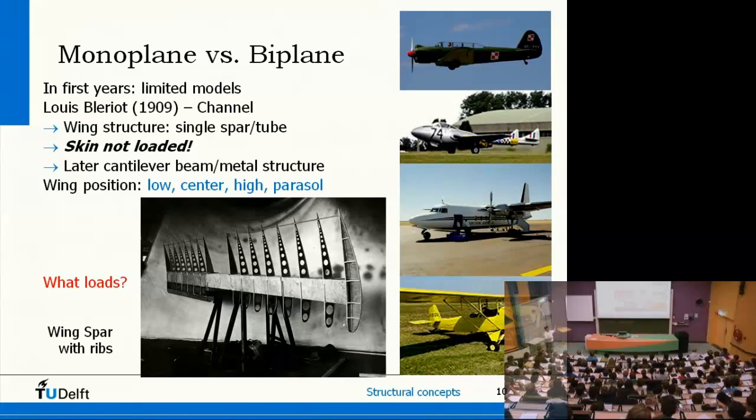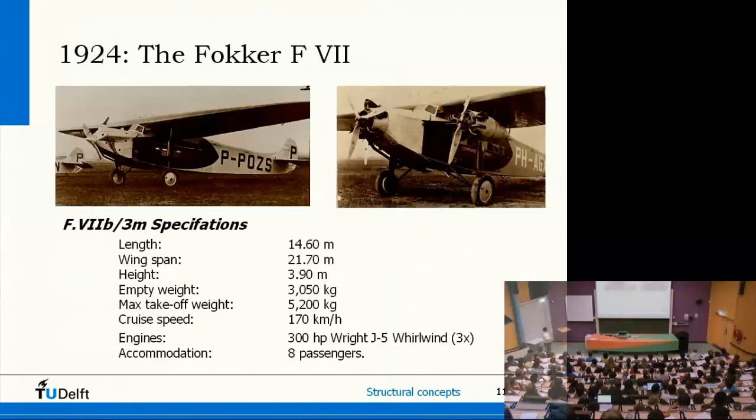Later on, when we are a number of slides further, you will see that most of the wing structures have in the center some kind of wing box, some closed area where we also put in the fuel. But that's not only to put in the fuel, it's also for taking up a lot of loads. You see here a wing spar, wing box, mini wing box, and some ribs.